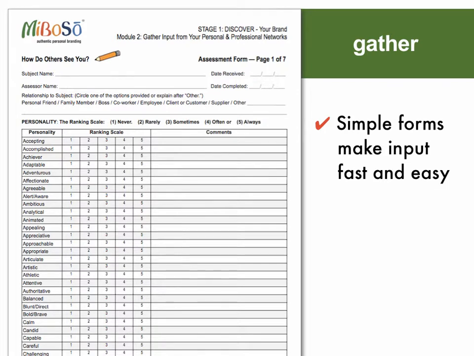Here's an example of a gather question. And as I said earlier, the gather questions are used when you're asking others for feedback. And the people who are involved in this process always find it a lot of fun. When you use this type of gather question, where it's just a simple multiple choice form, they can check their answers, write comments if they wish. It's really fast and easy for them to complete, and do expect them to be following up with you to find out what the overall outcome was from the piece they participated in.